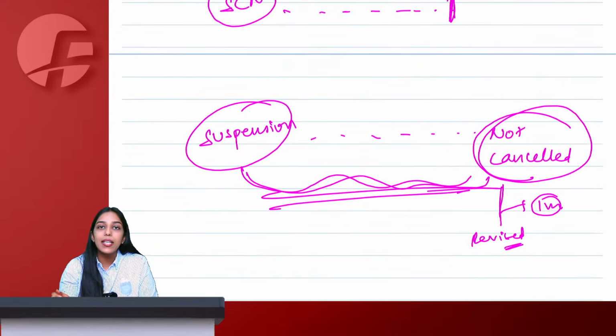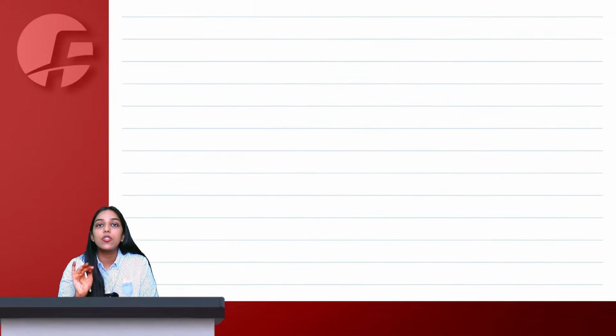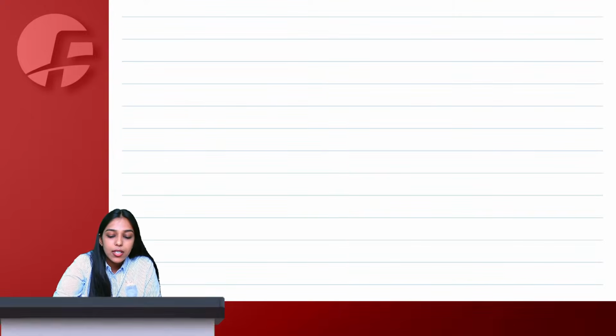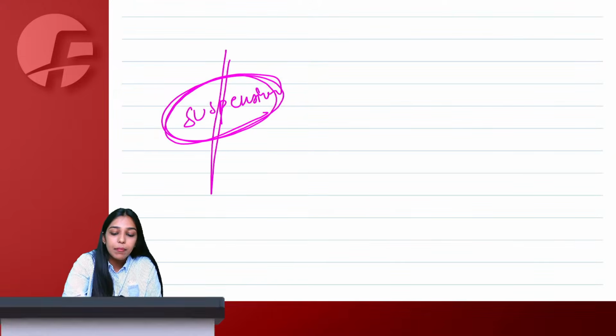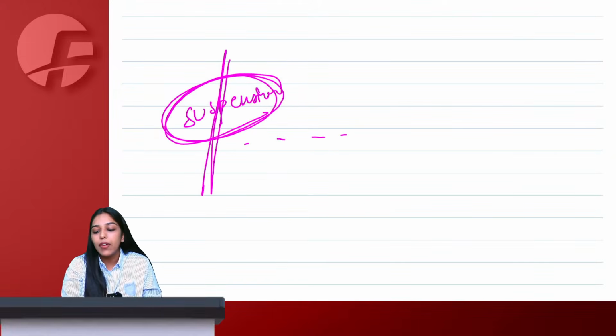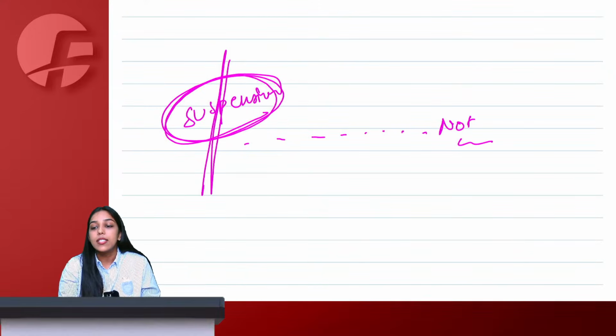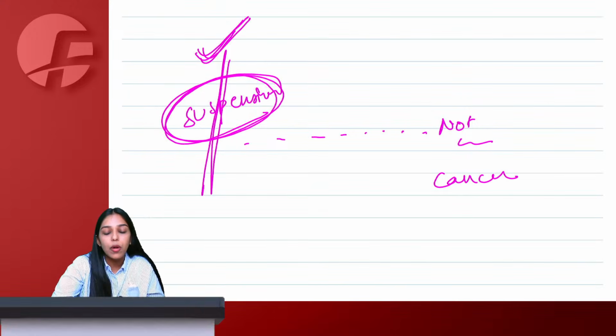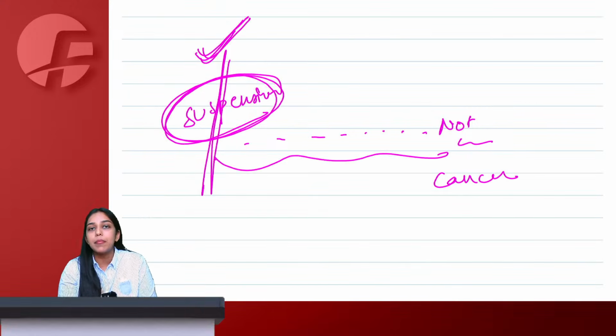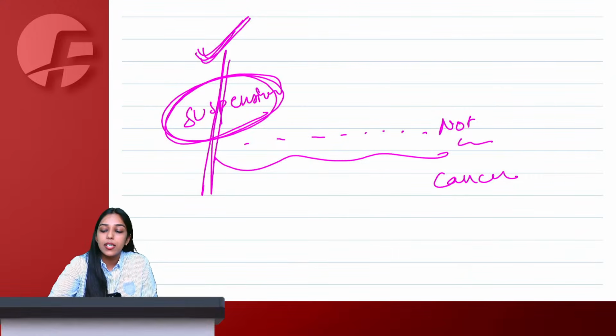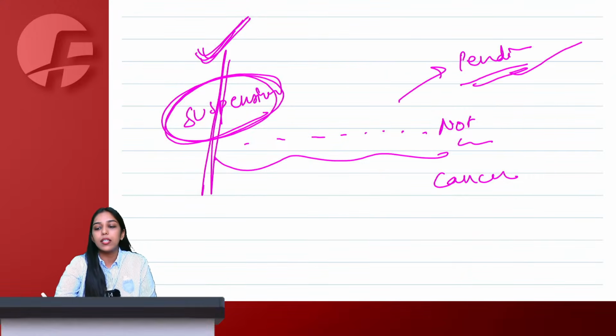And if it is decided that you are to be cancelled, then the day on which suspension was put in place, from that day only you will be registered as cancelled. So basically we are saying the day on which suspension is invoked is the same day when it is revoked. So even if I decide to be not cancelled here, suspension will be revoked from this day only. And if I am decided to be cancelled, I will be cancelled from this date only. So for this period, if I am cancelled, no need to do anything. If I am not cancelled, I will then later file all the pending returns and issue revised tax invoices.